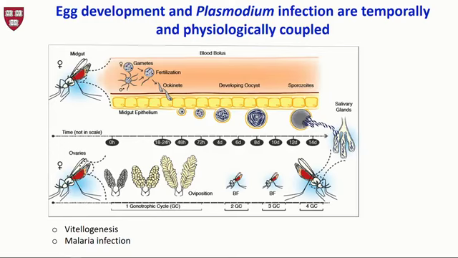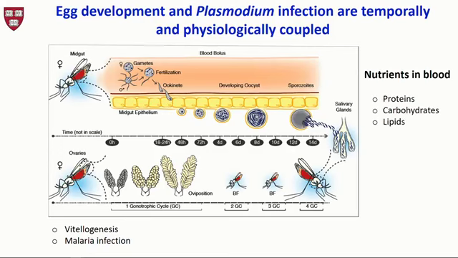So what we see is that the process of egg production and the establishment of Plasmodium infection in the mosquito, these two processes are temporally and physiologically coupled. And one could think that processes or factors that could be important for egg development could also have an implication in malaria infection. And so one of such,